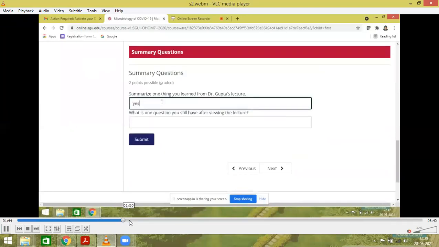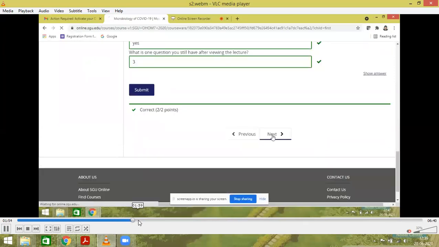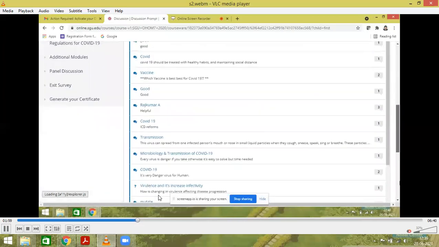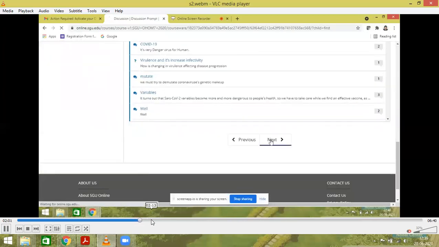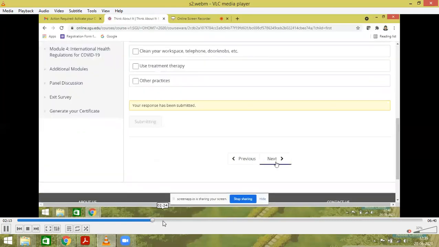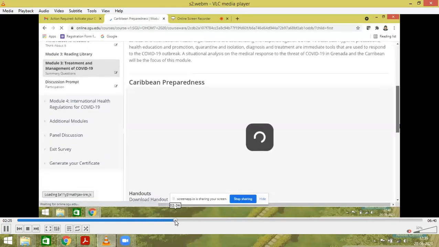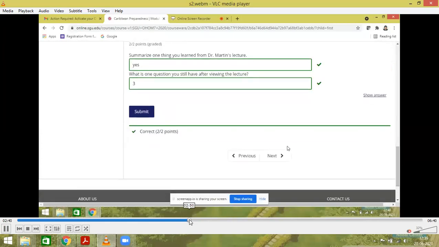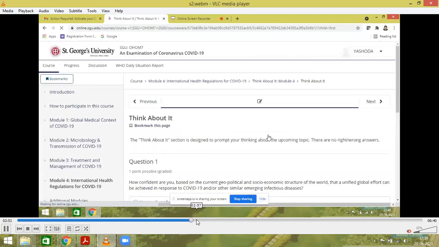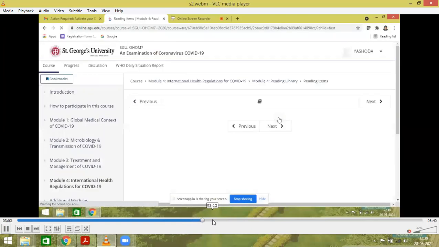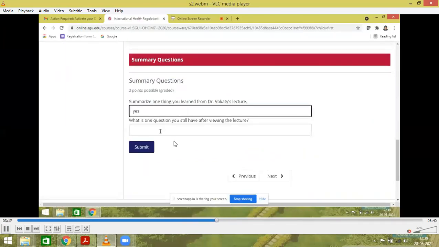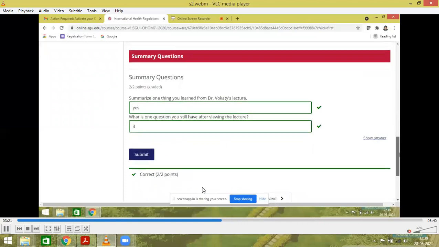So with the same procedure, you can go with module 2, module 3, module 4. You can check all the modules. Yes. Go for the next option. Yes and 3, as you can see on the screen. So after completion of all the modules, I think nearly 9 to 10 are present. And please verify that you are entering all the modules, you are attending all the modules, and the answers are yes and 3.